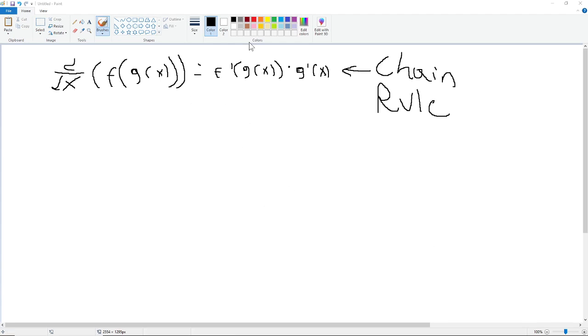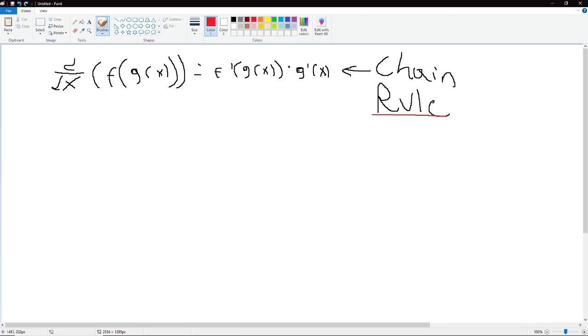Okay, and so now I just want to run through some examples of me doing our chain rule. So say we have some sort of function which is x squared plus 1 to the third. You can obviously completely evaluate that term and then just use your power rule to solve, but that would take a very long time. So we can use our chain rule here, and we can identify our f of x